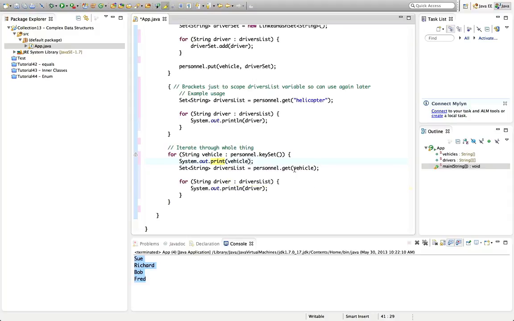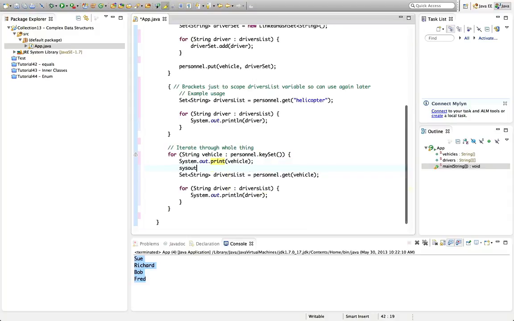System.out.print. So I print the vehicle on the line, and then on the same line now I can print a colon, like that. System.out.print again, and then I print the list of drivers with System.out.print, and let's also have a space like that. And then finally let's have an empty sysout to just produce the new line at the end. And if I run that now,